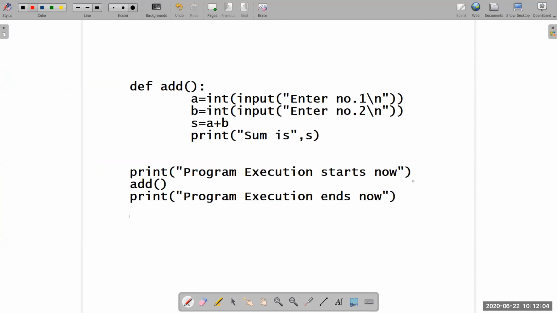The program will start from this line. Dekho, from this line, the program will start execution. The program will execute, that means this message will be printed. After this, this function gets executed. Since the working of the function is written here only, control will go to the function wherever it is written.